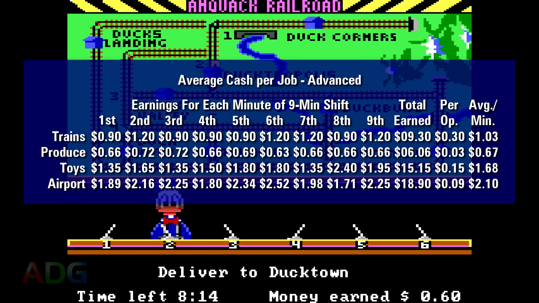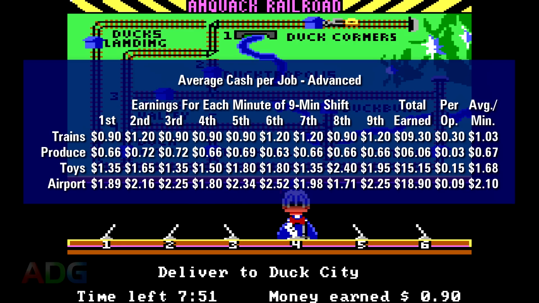Advanced skill, however, had some very interesting results. The worst job on offer here is actually the produce farm, earning roughly 67 cents a minute, and this is because the speed difference from intermediate to advanced is very subtle for this job. The train depot, on the other hand, goes way faster, thus why its average cash per minute shot up to $1.03. The toy shop went up to about $1.68 a minute, and while the airport technically went up to $2.10 a minute,